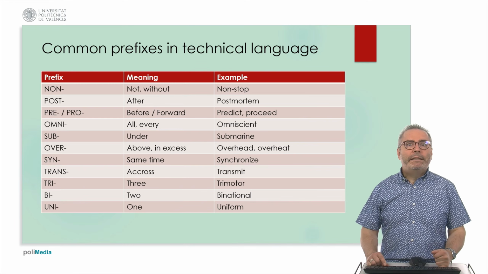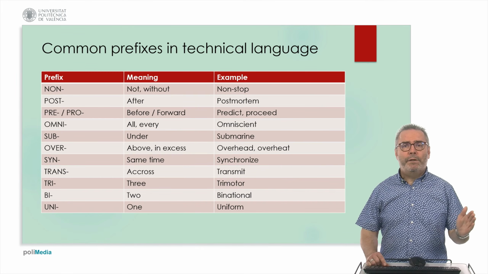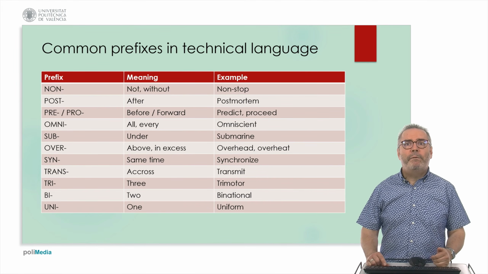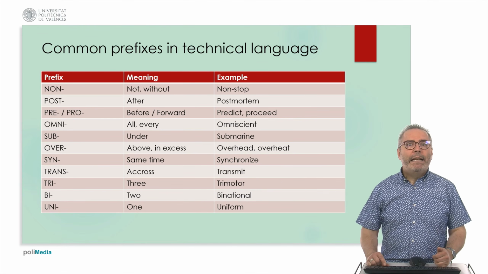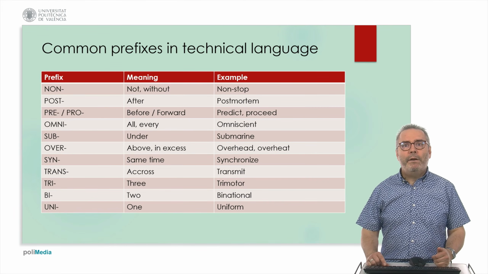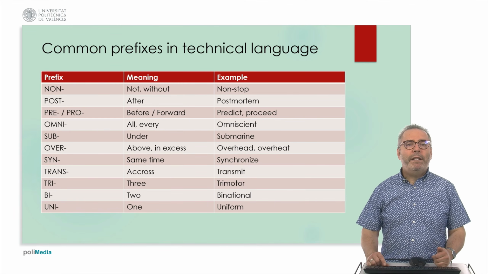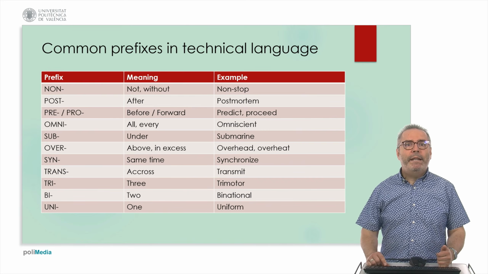Omniscient. Sub-, meaning under. Over-, meaning above. They are also related and very important in technical descriptions. Submarine and overhead. Syn-, meaning same time. Synchronize. Trans-, meaning across. Transmit. And we have a collection of prefixes related to numbers: tri-, bi-, uni-, meaning 3, 2, and 1, respectively. Trimotor,